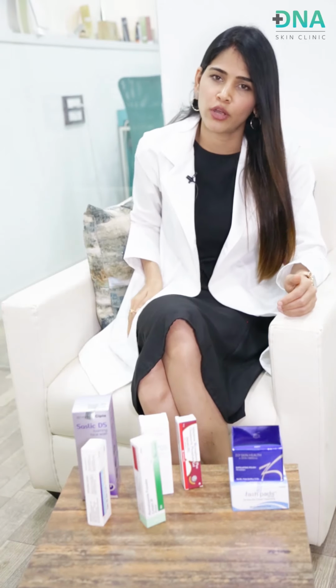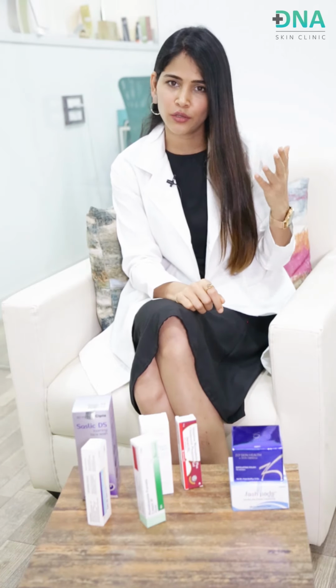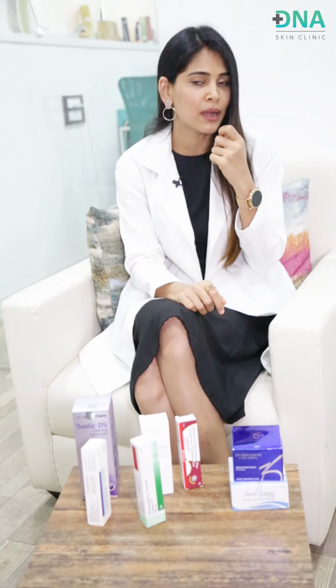Always carry a pocket moisturizer with you wherever you're going in order to constantly keep your skin moisturized, again with a light one so that it doesn't block or clog your pores. And lip balm, carry your lip balm everywhere you go. Lip licking can only worsen the condition, it will make your lips even more dry. So the best way to keep them hydrated is to use a good lip balm